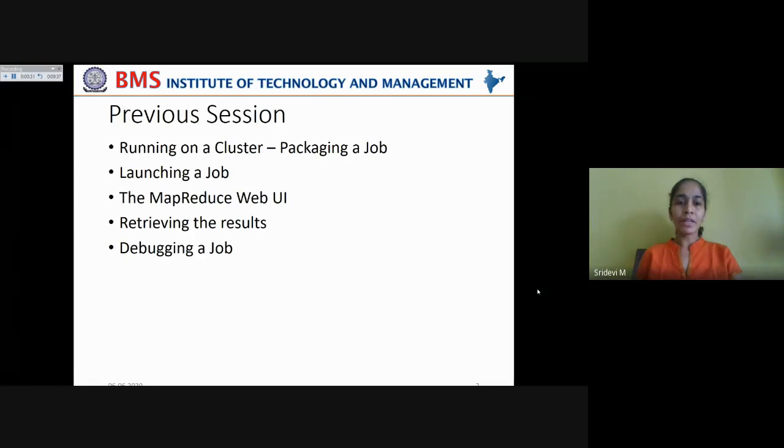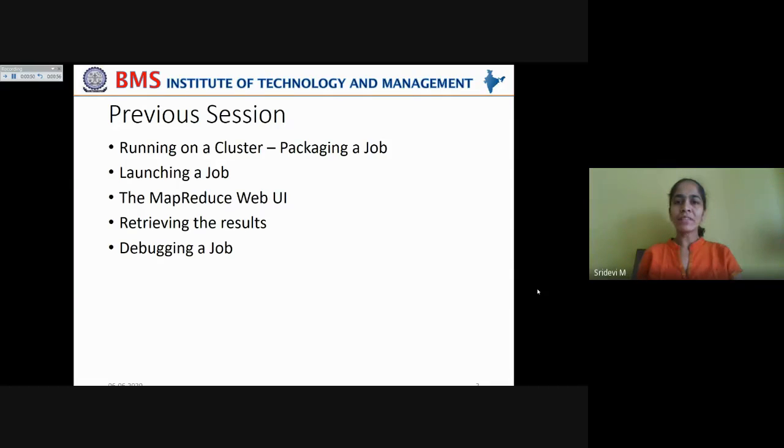We also saw how to retrieve the results, because the reduce task will give the output in multiple files, and later all these can be merged into a single file. We need to understand how to retrieve the results of a reduce job. And then finally, how to debug a job.